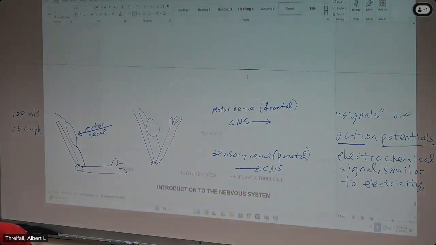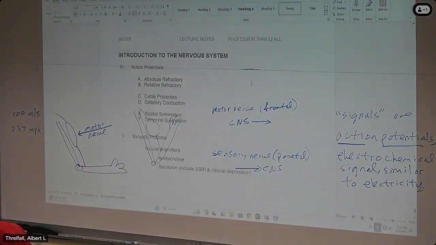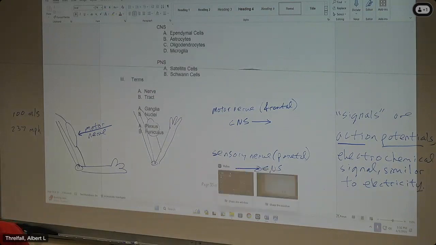Let's fast forward in the notes, very last page. Look what we talk about. Look at that. Action potentials. So we'll spend 30 or 45 minutes talking about action potentials. For now, think of them as electricity. So an electrical-like signal